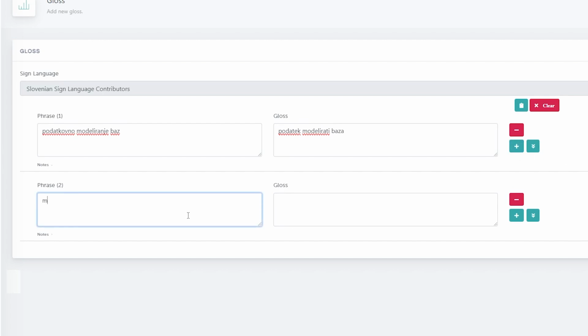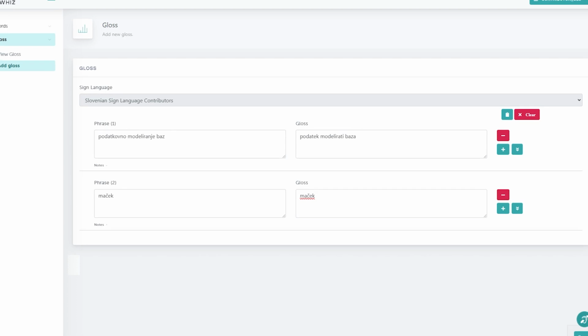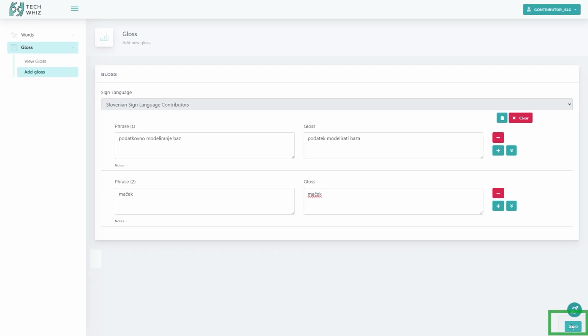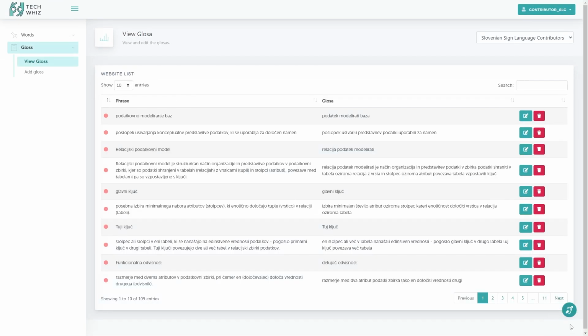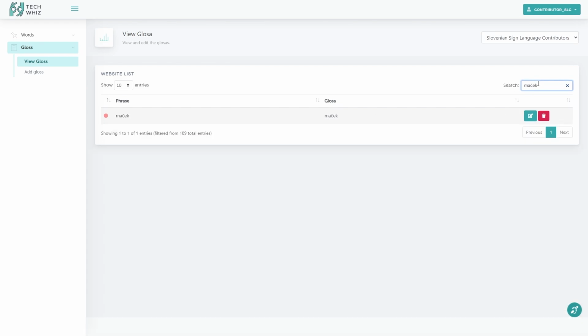The double arrows button would copy everything from the lower entry into the upper entry, but that is only useful in very specific circumstances, so we will skip over that. To save the changes, and in this case even a new entry, just click Save in the bottom right corner. We cannot see the updated entry and a new entry we added at the same time, because new entry is added to the last page. To find it more quickly, we can just search for it using the search option we mentioned before.